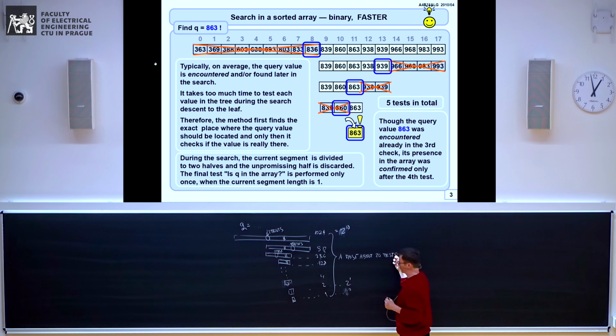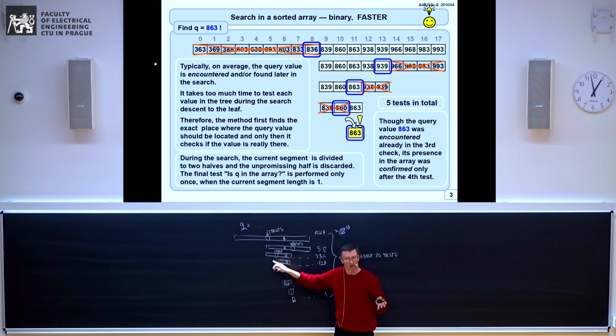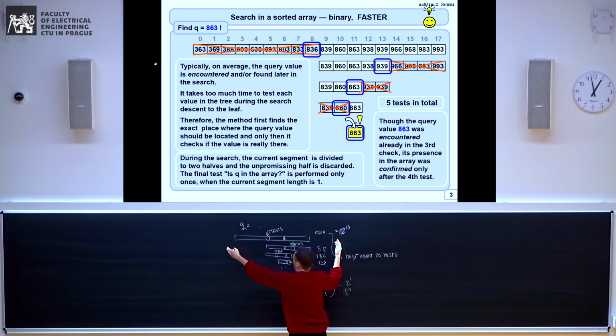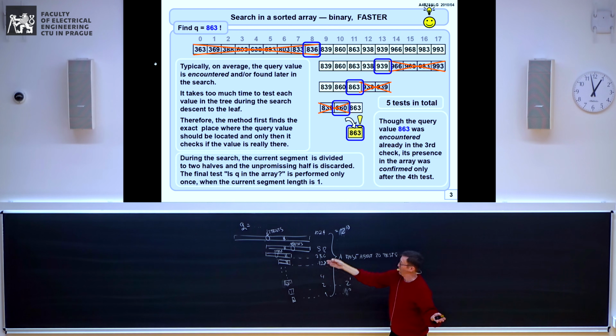So at most about 20 tests, and it is obvious when you are looking for your query that the probability that you will find it early in the search is quite low, because the data are big and you just choose one particular position in those data. So at most about 20 tests expected,